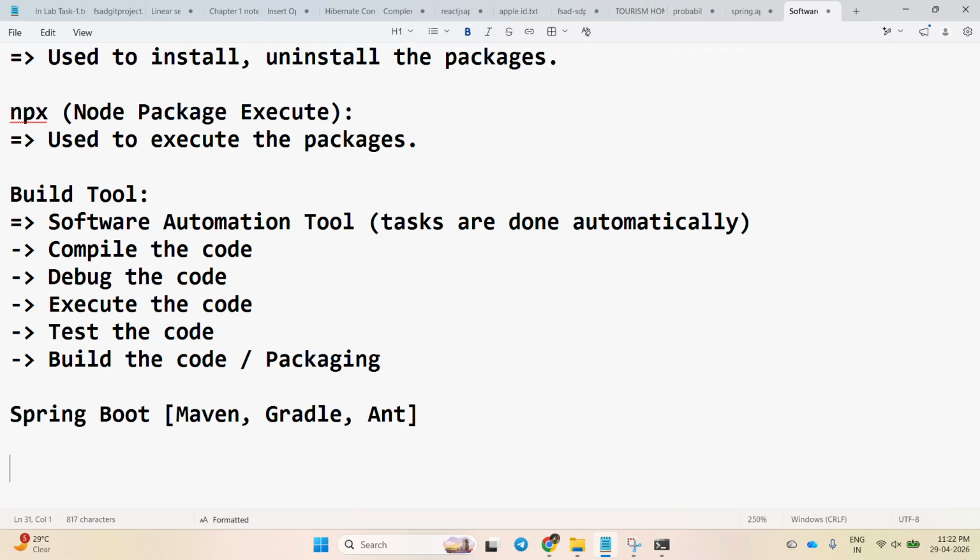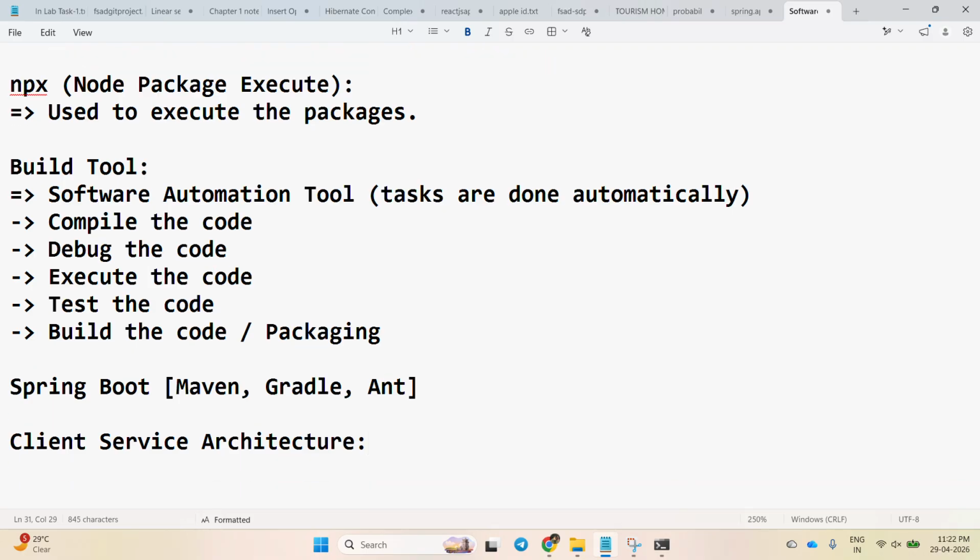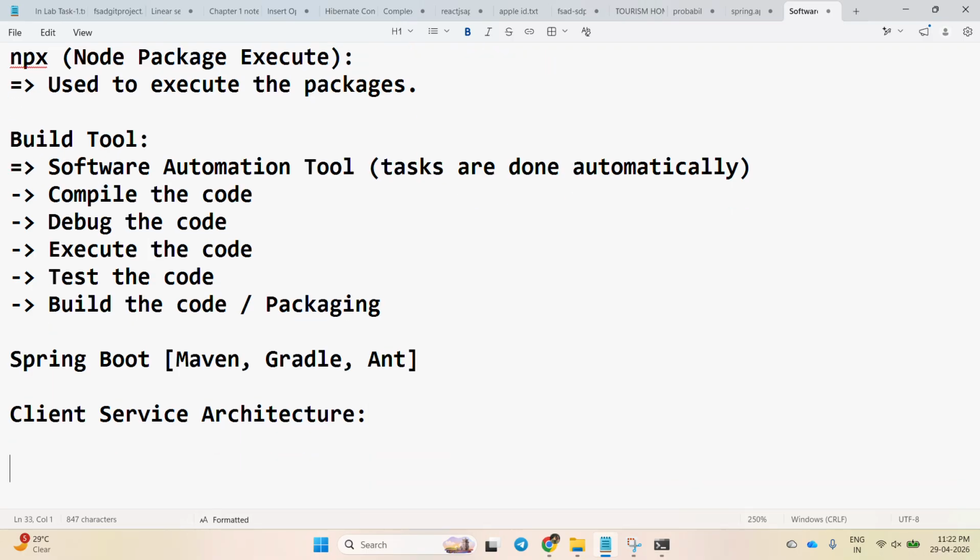One more thing. Just a minute. Before we start everything, we need to know about the client service architecture. What is client service architecture? Let us assume we have a client